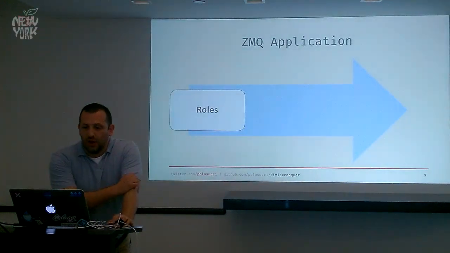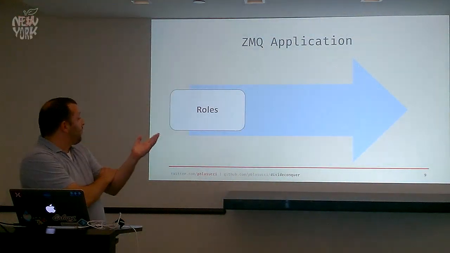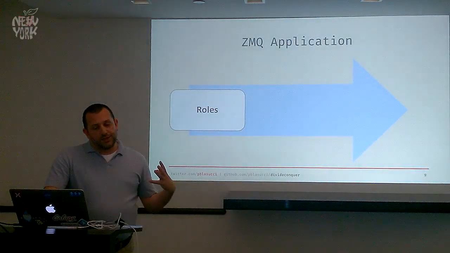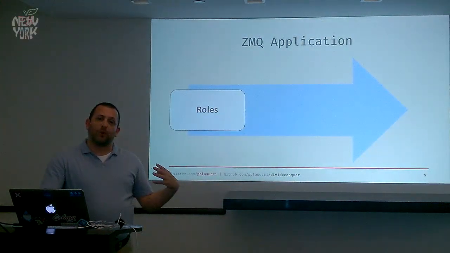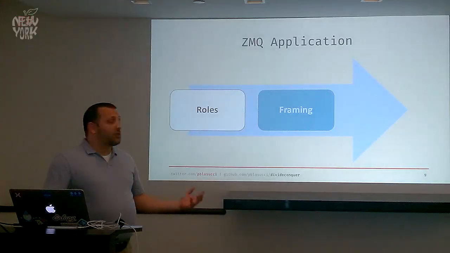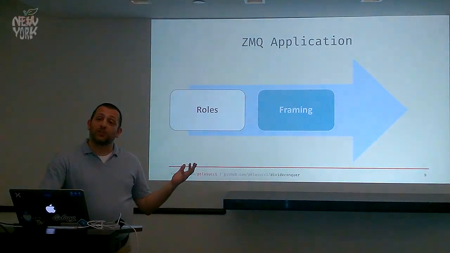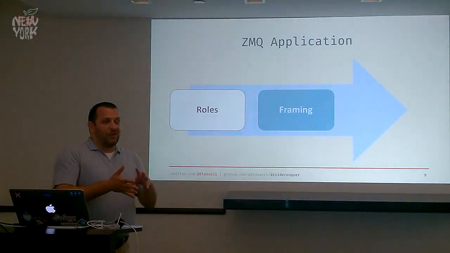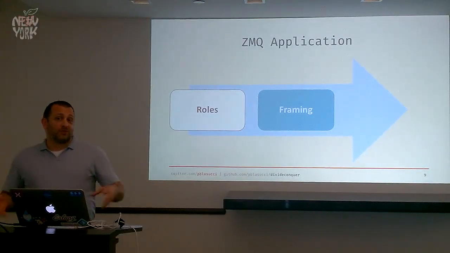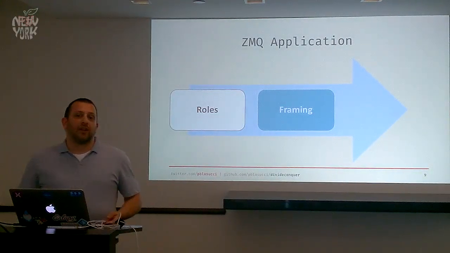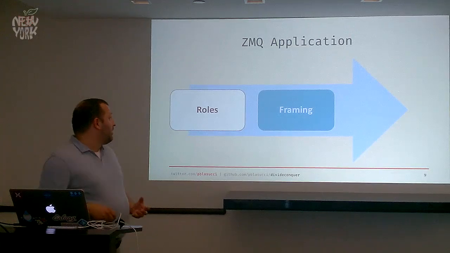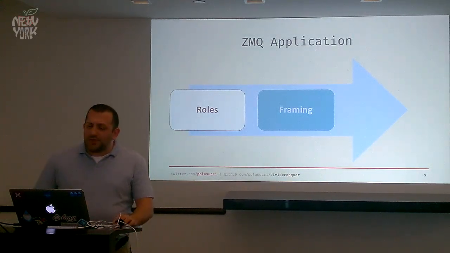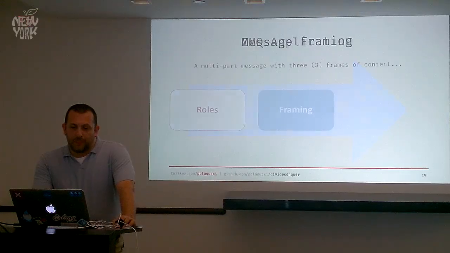Totally informal here. So we talked a bit about roles. The other major thing, because ZeroMQ is so lax about what a message should look like, you spend a fair bit of time talking about message framing. Effectively, we can have one or more frames of zero or more bytes. What are we putting in there? That's an application level concern. So in the process of building a ZeroMQ application, we actually spend a fair amount of time thinking about it.